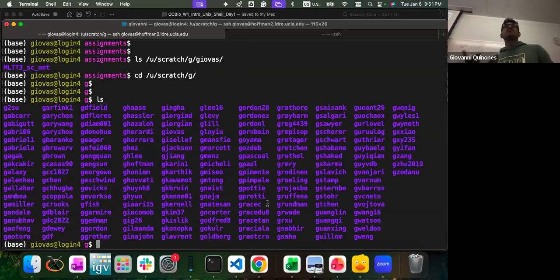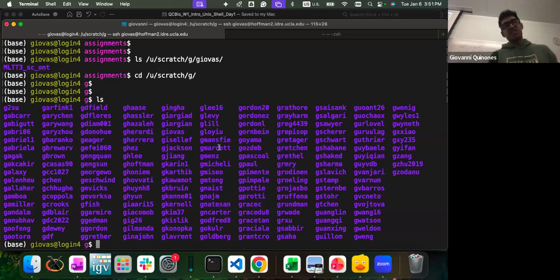Can anybody find the Scratch folder? You see yours? Anybody else? You see yours? Do you get your account also through your research group? Oh, you found it. Okay, great.